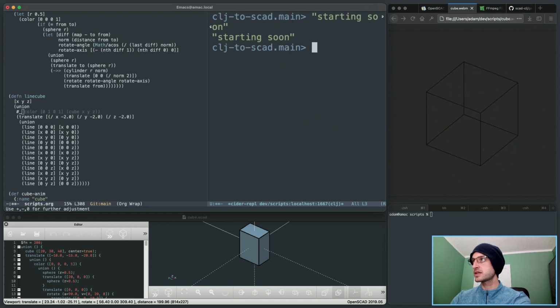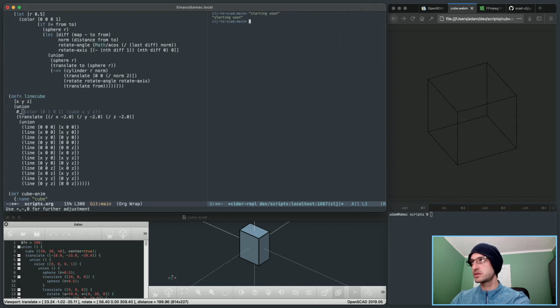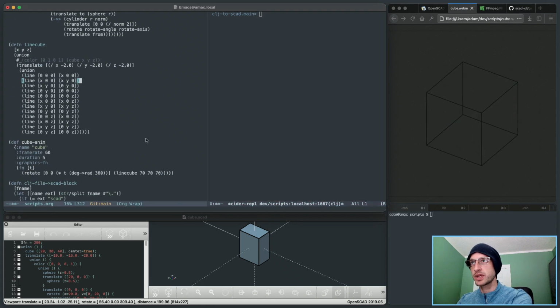Let's get this text size back to normal. Oops, there we go. And let's just get things going. There we go. So one of the things I just started playing with here,